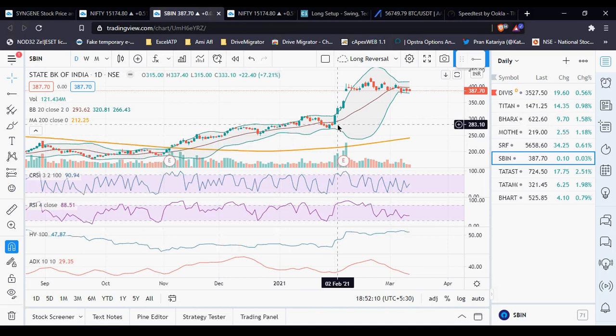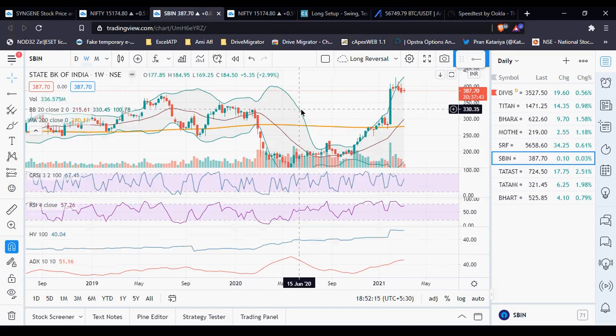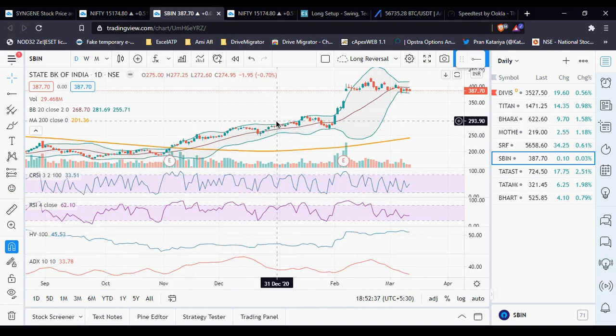So you can initiate on the high of the next candle, but before that we need to check the weekly setup, which is on the 27th of January. It's above the middle Bollinger Band, and we can go ahead and initiate the buy setup. The stop loss would be below the 2 candles, and the first target, where 50 to 60% of your booking can take place, is at the middle Bollinger, and the rest you can book at the top of the Bollinger Band.